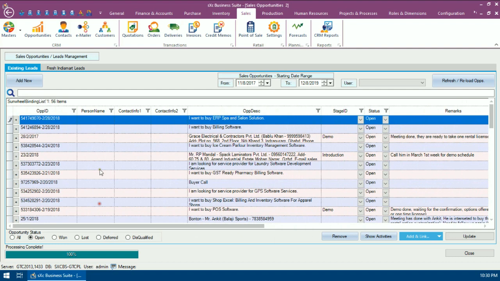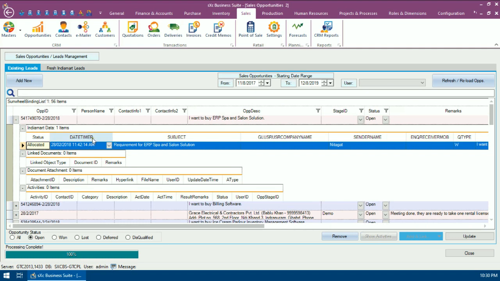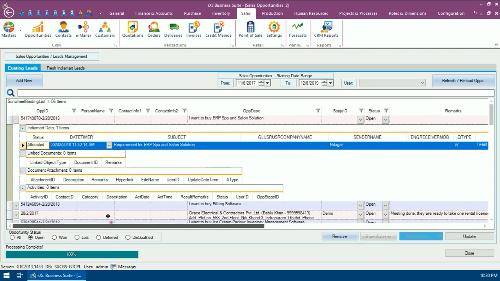And for this lead, for example, if you want to see what was the original IndiaMart data, that is then viewable under that summary row. So you can see what were the details of IndiaMart, and accordingly you can then work on this and put in the various activities that you've done on this lead and update your data.